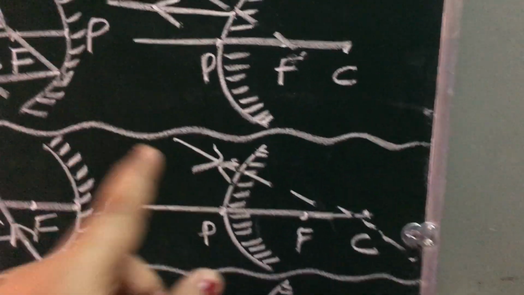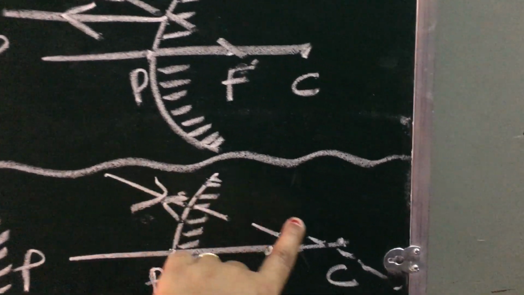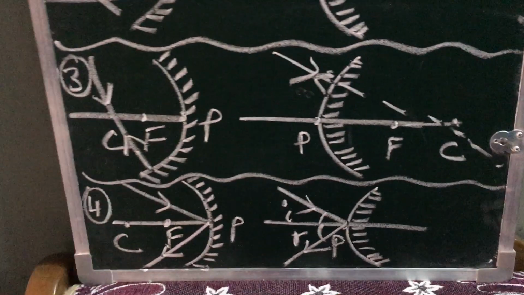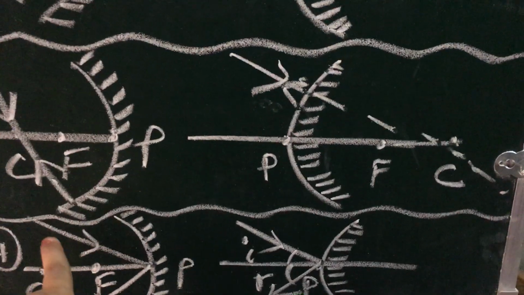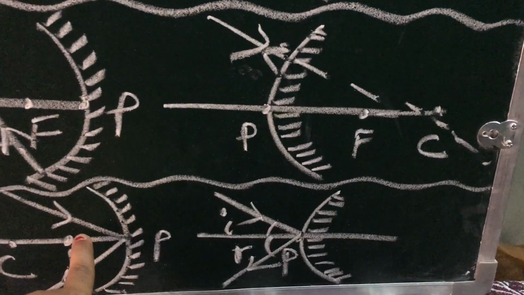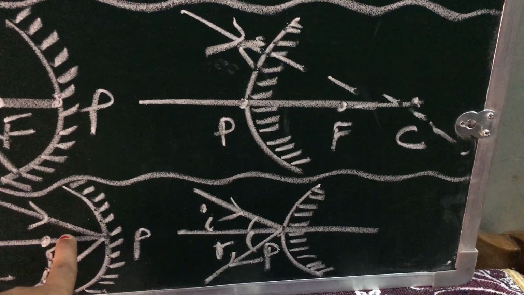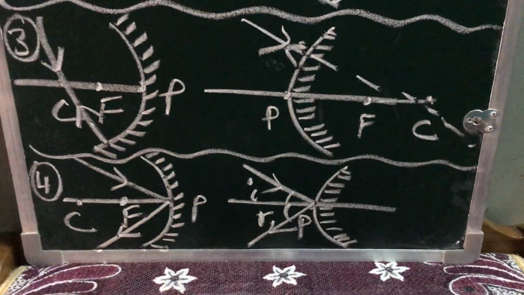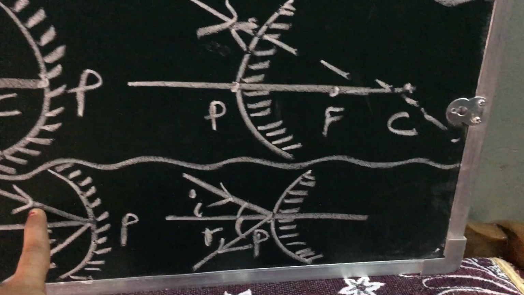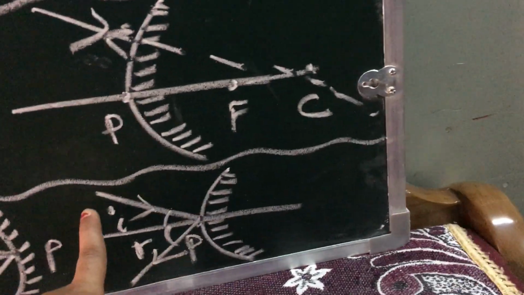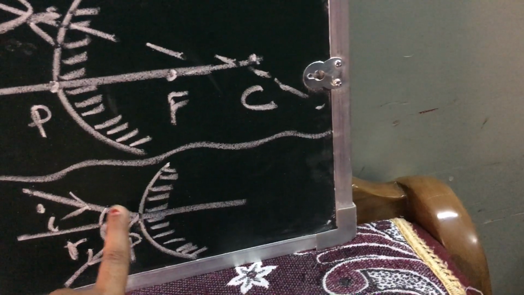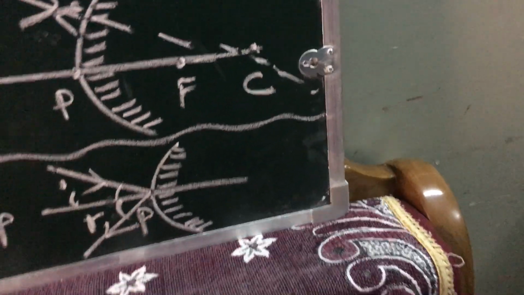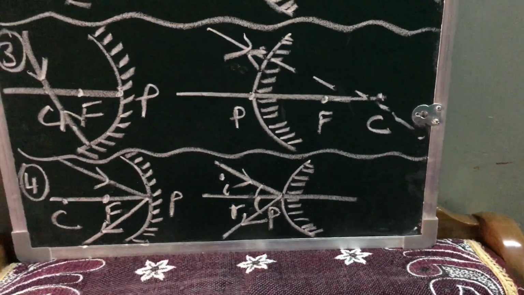Same way in convex mirror you can see this arrow is showing that the incident ray is falling on the center of curvature, and how is it going back? The same way, the same path. Now fourth rule, if an incident ray is falling on the pole, making an angle of incidence with the principal axis, then with the same angle of reflection it will reflect on the other side of the principal axis, having angle i equals angle r. Same way here, the incident ray falls on the pole, making an angle of incidence with the principal axis, and with the same angle of reflection it will reflect on the other side of the principal axis.